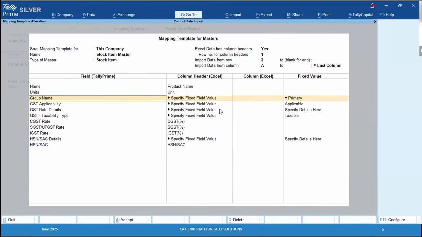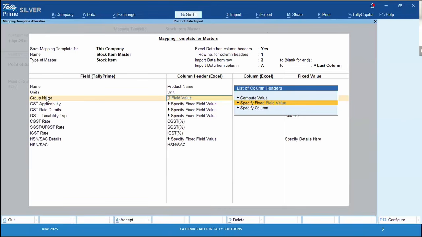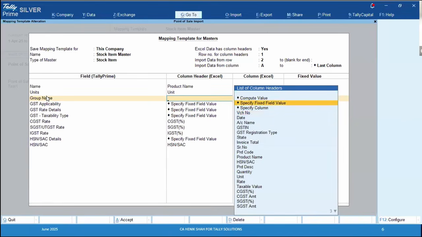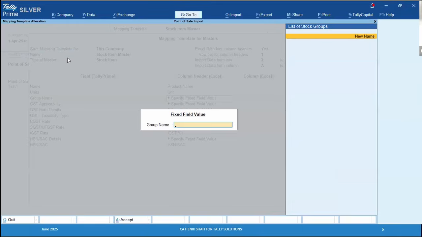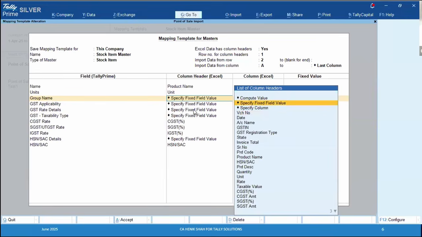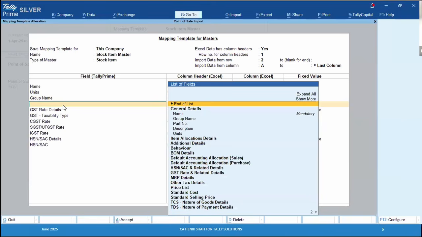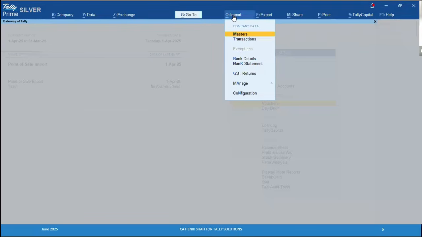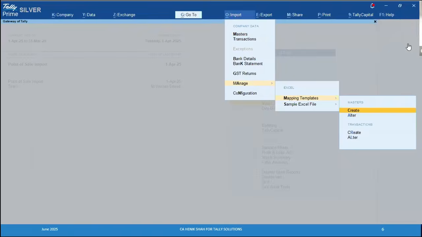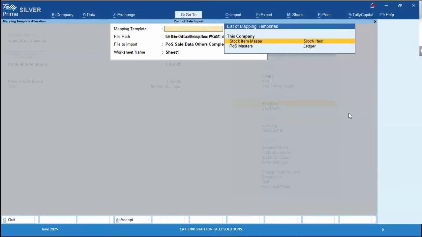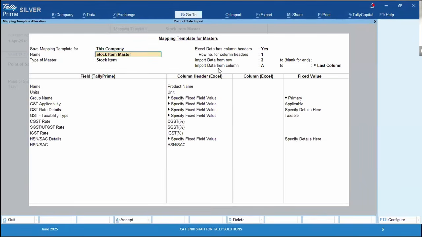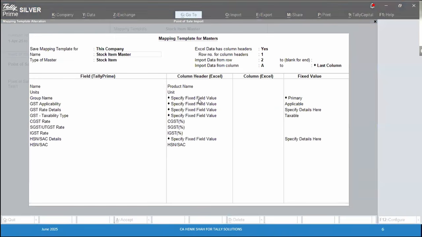So what do you try to tell Tally? That Tally, I do not have the column header which specifies the group name in my Excel file. And since I do not have the column header, I know for a fact that everything has to go into primary. So I'll type primary over here. Everything has to go into primary. Hence, you please take it as primary. This is what is done. Transactions, alter stock item. I instruct Tally that you take this instruction that the group name has to be primary. Why? Because we do not have such a column in Excel wherein it would be mentioned what the group name